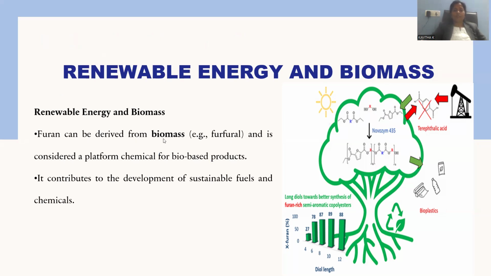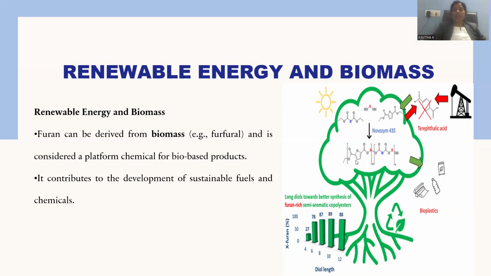Furan can be derived from biomass, like furfural, which is extracted from living organisms and considered a platform chemical for bio-based products. So many bio-based products can be manufactured, and moreover, energy collection is also possible starting from this biomass, so that it is part of renewable energy. It contributes to the development of sustainable fuels and chemicals,